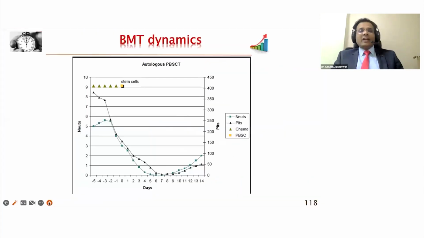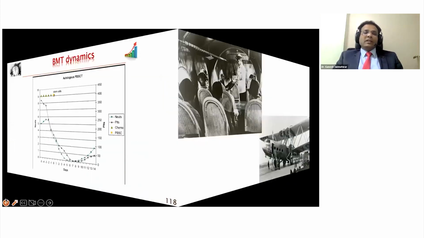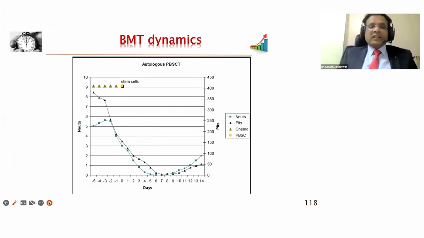So coming to part 4, the BMT dynamics. How we do the bone marrow transplant, the logic is, as I mentioned earlier, the bubble care. When you want to destroy the diseased bone marrow and repopulate it with the healthy bone marrow, you need to destroy it with either chemo or radiotherapy, and the patient ends up with such profound cytopenias. Caring for this patient during the cytopenic phase is crucial, and that is done in the dedicated HEPA filtered unit